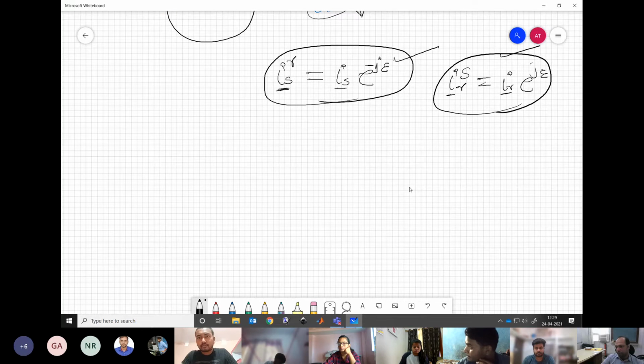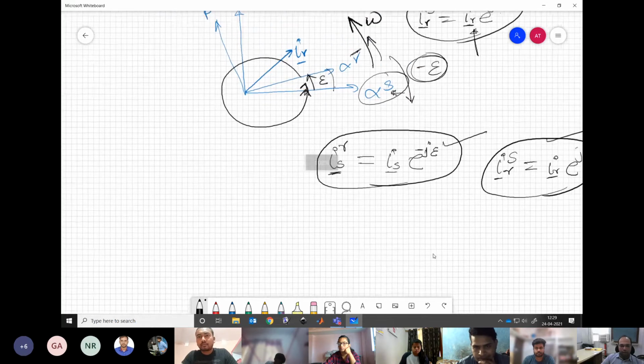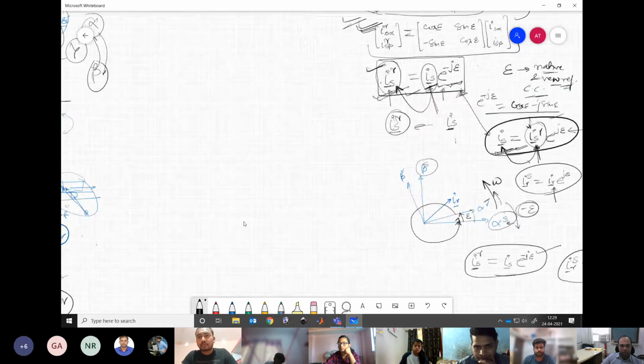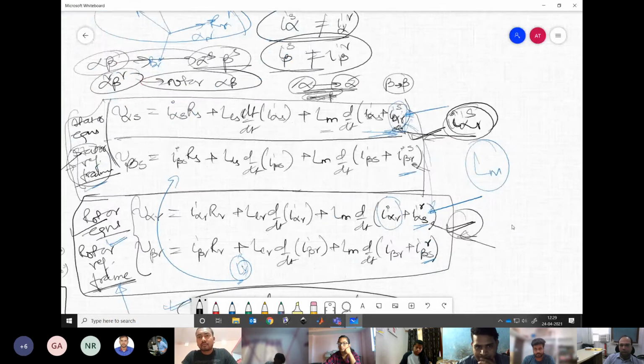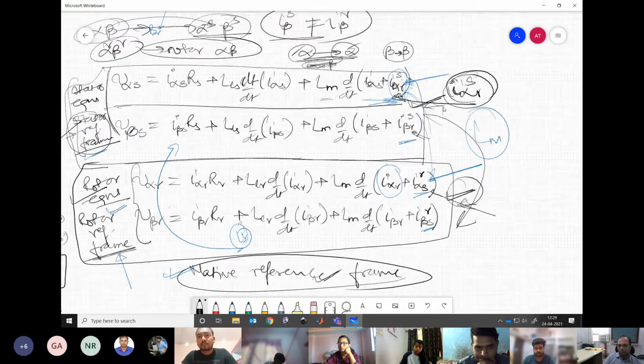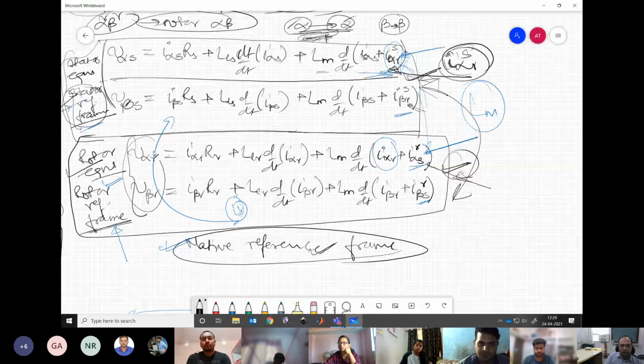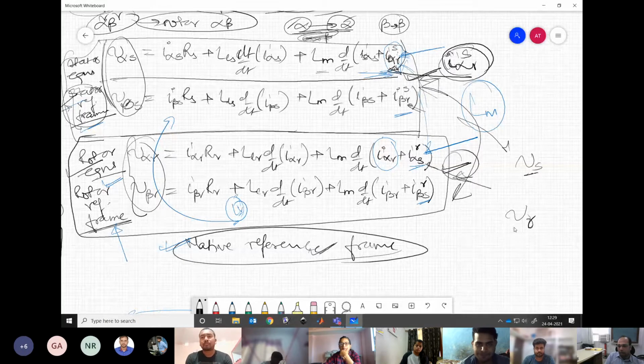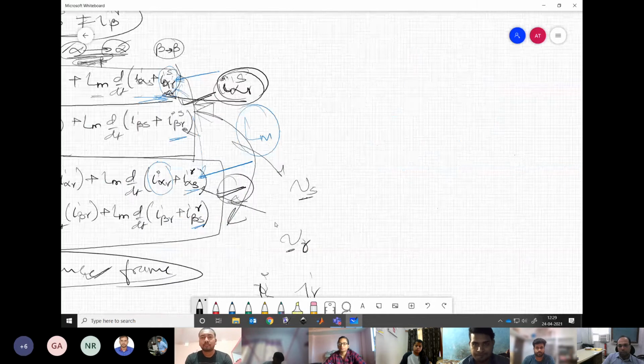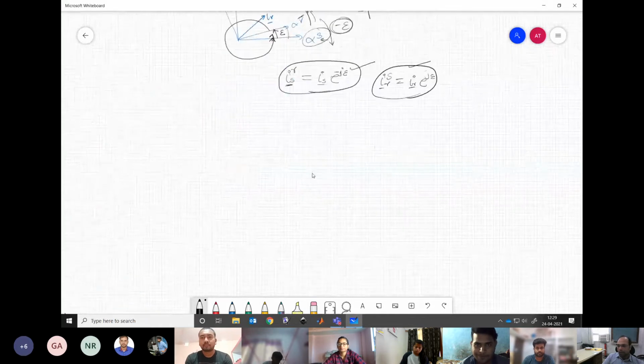Now, let me come back to the equation, what we were discussing yesterday. The equation for the stator and rotor currents and voltages. This. So obviously I can club these equations. Now these are written in alpha and beta. So I can club these in form of vector Vs or Vr or Is or Ir. These vectors I can club. That is fine, no, or any confusion in that.